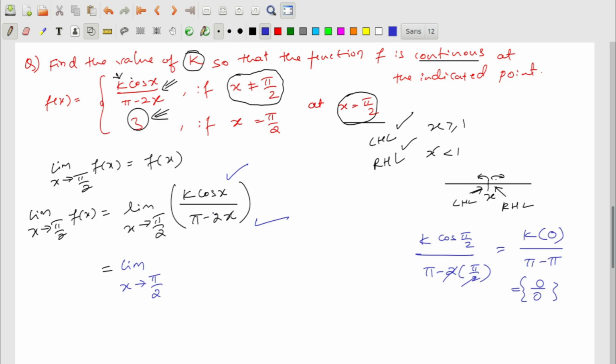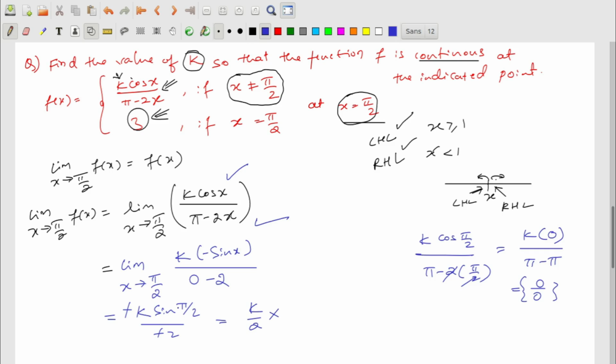Now what is the derivative of k? k is a constant, you keep it as it is, and then the derivative of cos x is minus sine x, and then whole divided by pi constant, derivative of constant is 0, minus 2x, derivative of minus 2x is minus 2. Now you substitute the value of x in place of x here. So what we get here, if you make a substitution, then we are left with minus k sine of pi by 2 whole divided by minus 2, right? So then we are left with k by 2